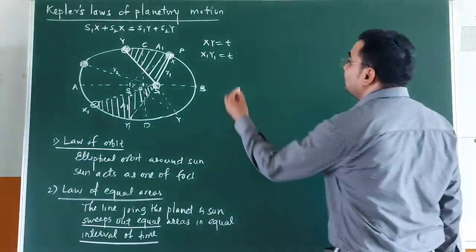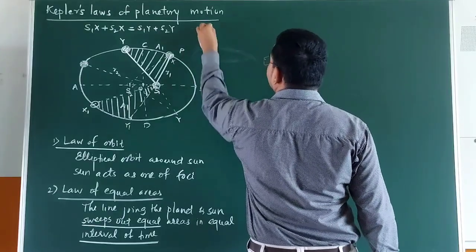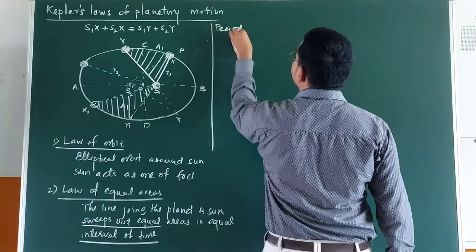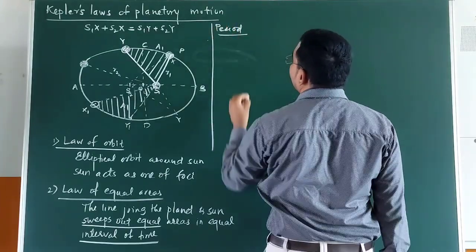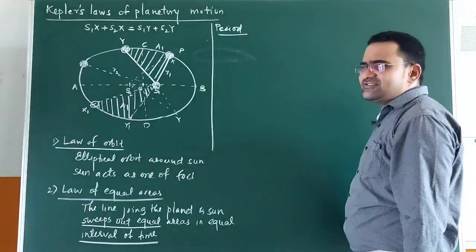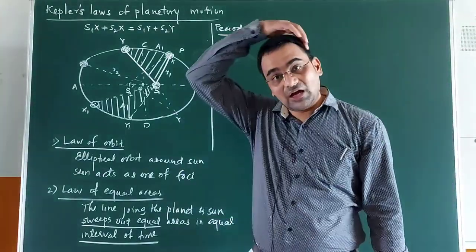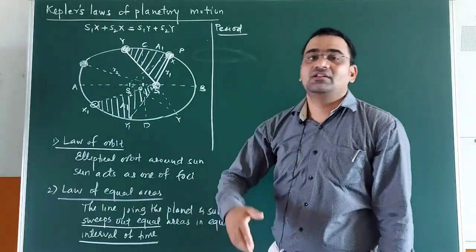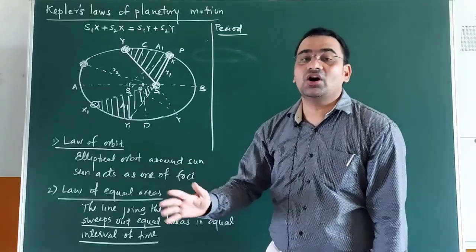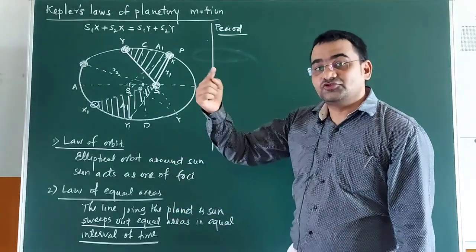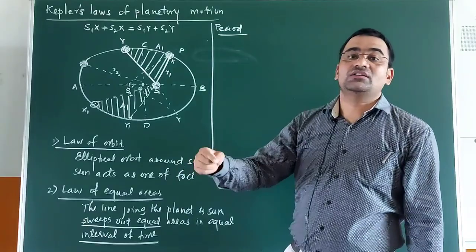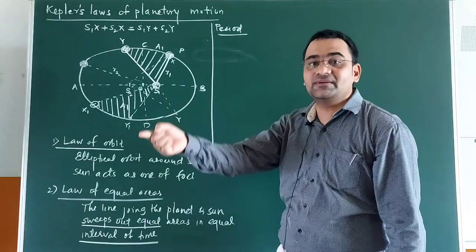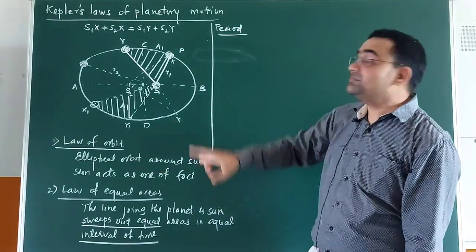Okay. Finally, the third law. Before the third law, you should know the definition of period of rotation, because it is called the law of period. Period of rotation is simple. If I ask you a simple question, how much time does the Earth take to revolve around the sun, one complete rotation around the sun, then definitely you will say it is 365 days or a year. So I will say 1 year or 365 days is the time required by the Earth to complete one rotation around the sun. This time is called the period of the Earth.